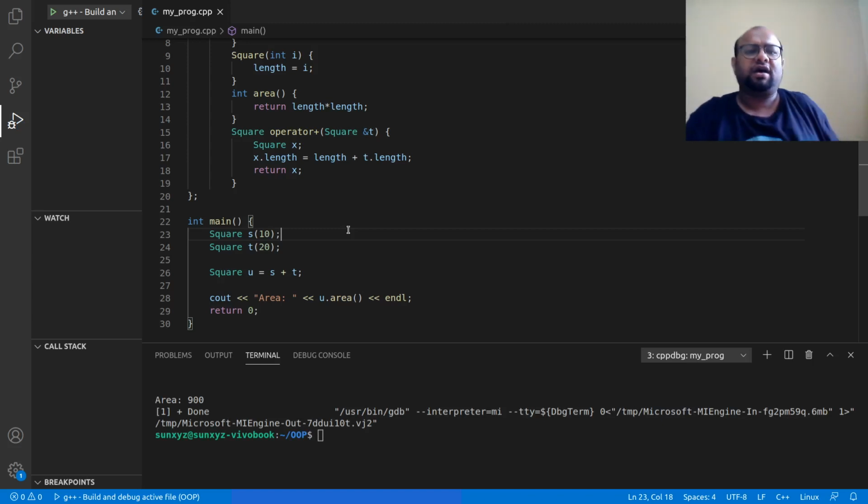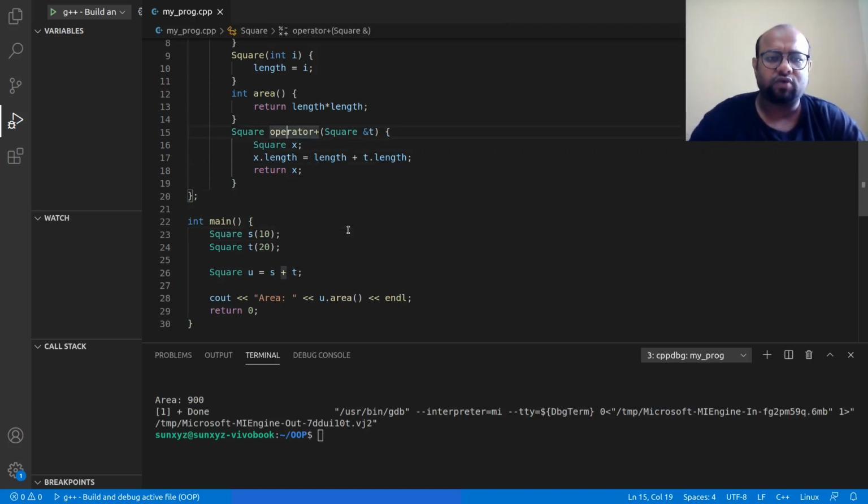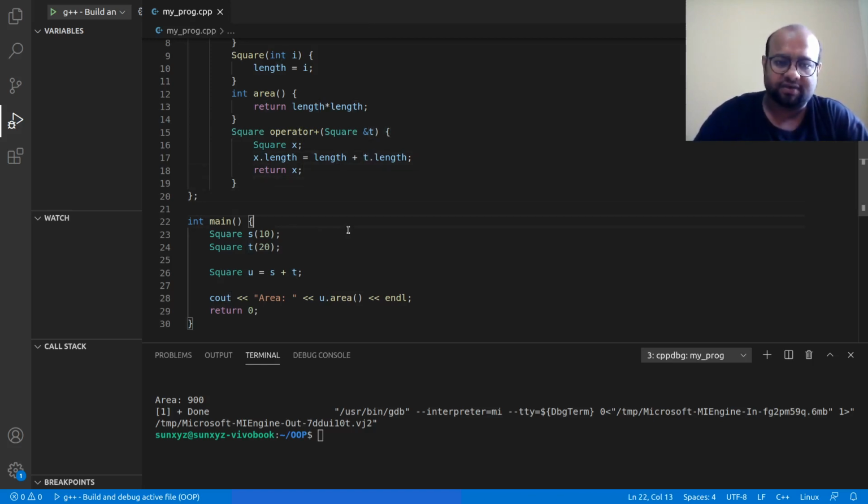Alright, I made a mistake when explaining. A pointer would be passed, but then I am getting the value out of this pointer. So this is no longer a pointer, although a pointer was passed, but I have converted from pointer to a value. A pointer to an object was passed, and I am converting from a pointer to an object. I am getting the object out of that. So since t is now an object, I can directly write t dot length. Okay. So sorry about that.